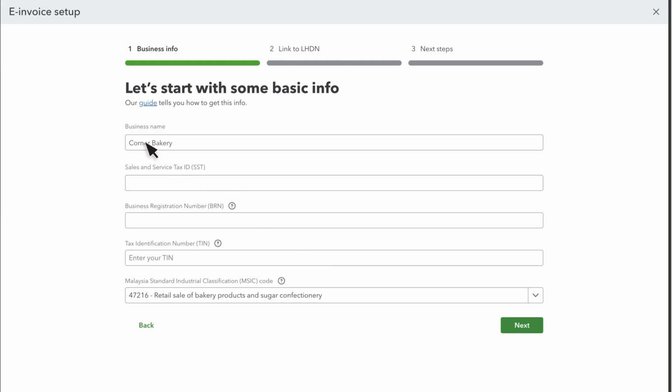Your company's business name is autofilled as per the name given by you while setting up QuickBooks, but you can change it if required. Enter your Sales and Service Tax ID, SST, which is your tax registration number. Business Registration Number, BRN, is the ID you get when you register your business with the Chamber of Commerce. The Tax Identification Number, TIN, is the unique tax ID that is provided by the Malaysian government for businesses and